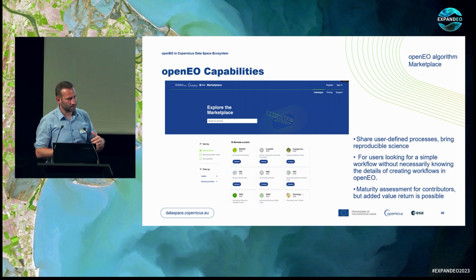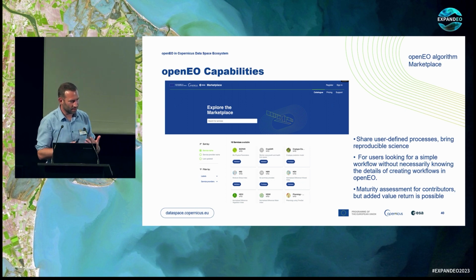Service providers can onboard their knowledge here as well and get some return from that. They can define their added value, and if these processes are mature enough, or if they are used enough, then you would get a return on this added value. That's interesting as well, I think, for users.